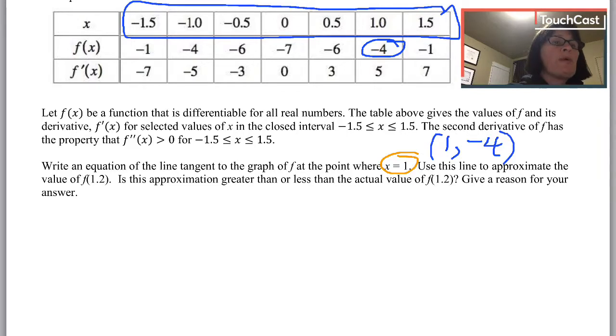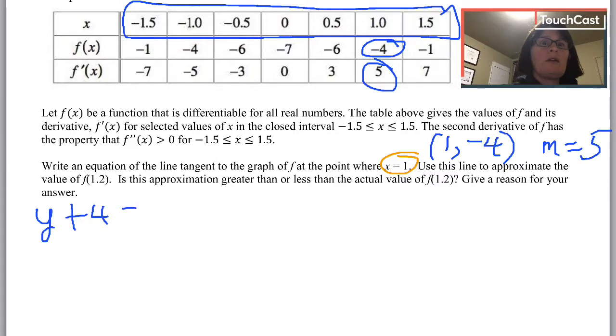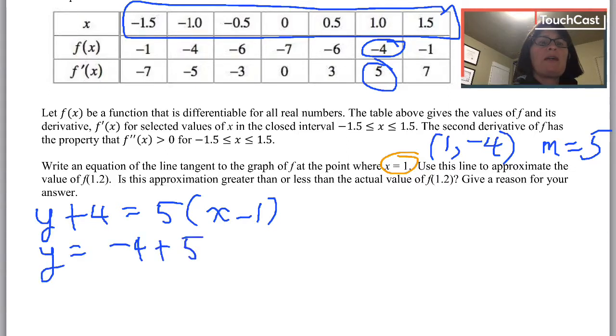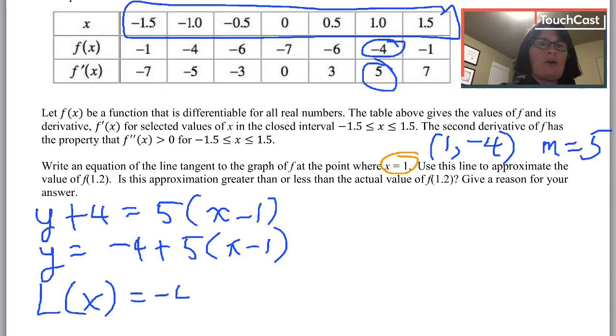The slope at 1, I'm going to use f prime, so m is 5. So I'm going to write the equation for the line tangent. That's going to be y plus 4 equals 5 times x minus 1. So I know y is -4 plus 5 times x minus 1. If you wanted to get fancy, you could name that function L for linearization. L of x is going to equal -4 plus 5 times the quantity x